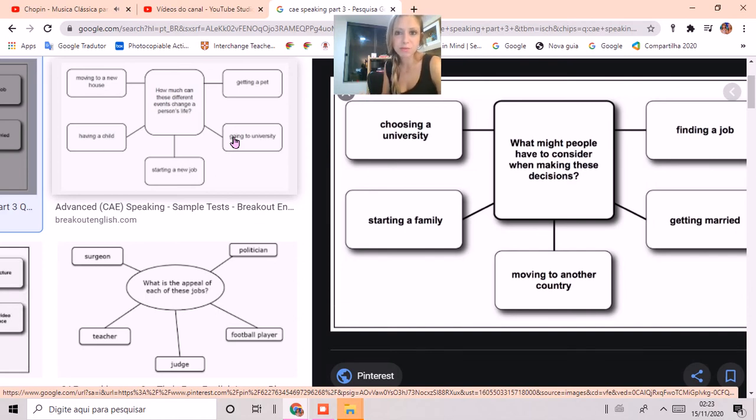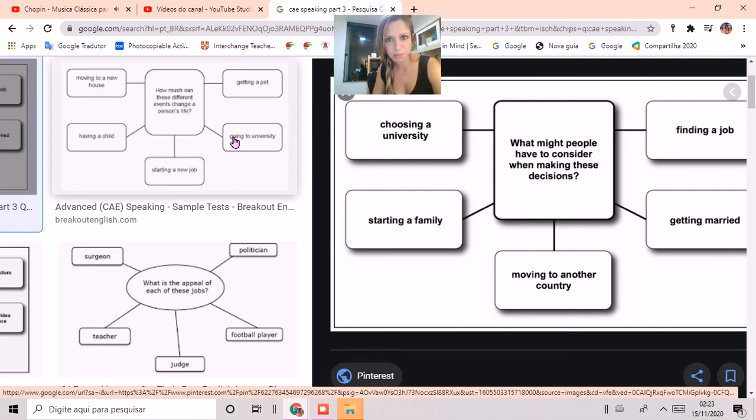So you see, many things can be said about these topics, but you are supposed to talk about them all, you and your friend. And in the end, the examiner is going to ask you to reach a decision, and you will be given 1 minute to reach this decision together, and you have to talk, the two of you, in this minute, okay? So one of you has to start saying something like that.